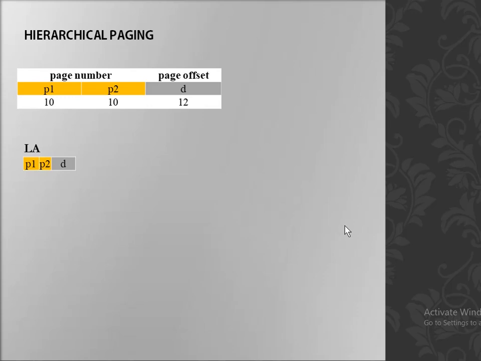Here we have n number of page table entries. We cannot maintain all entries in one large page table, so for that reason we divide the page table into different levels. In this example I am taking a 2-level paging scheme.